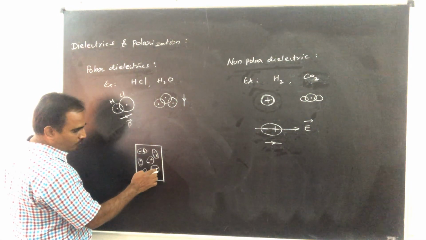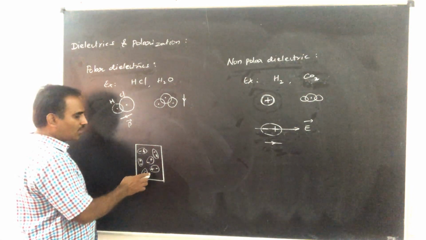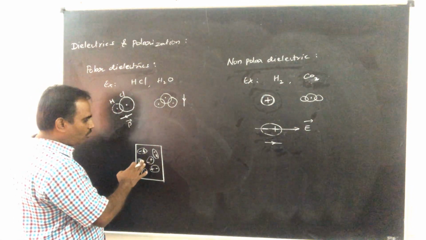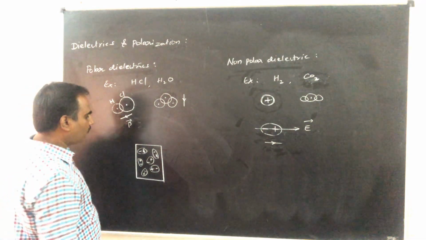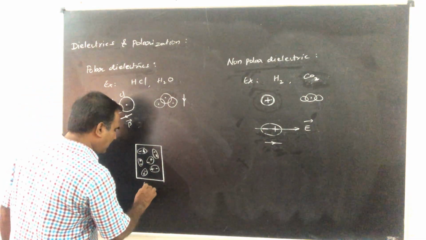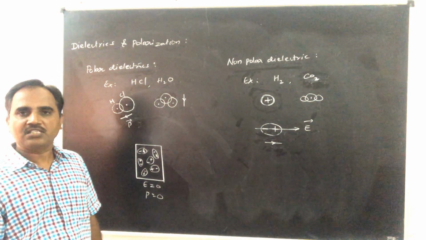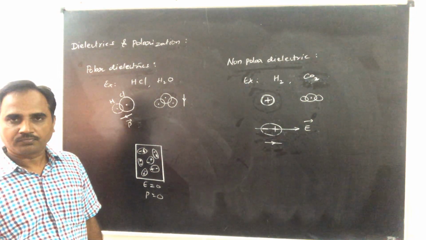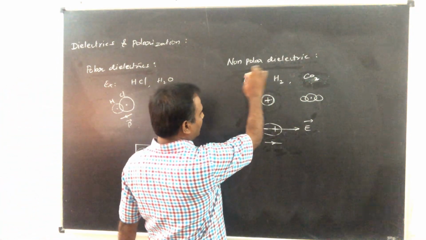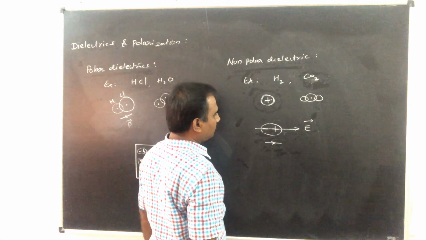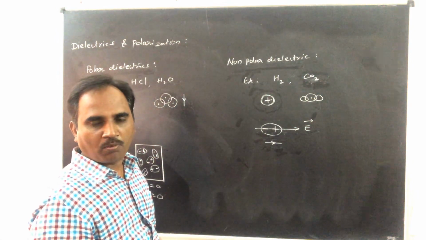Here there is another dipole which has got dipole moment exactly in the opposite direction. So like this, dipole moment of each molecule will cancel with the other molecules. Therefore, here E is 0 and there is no dipole moment. P is also 0. And in case of non-polar dielectric medium, there is no permanent dipole moment at all.